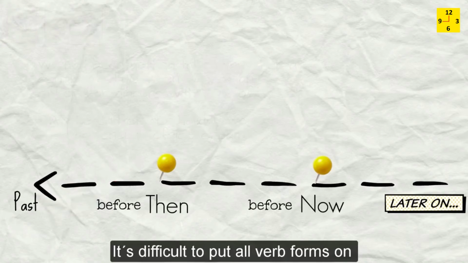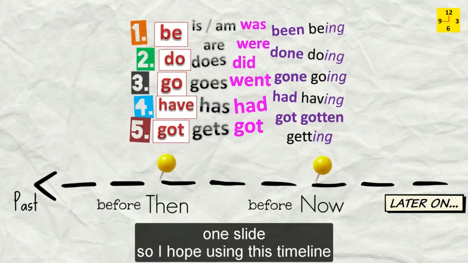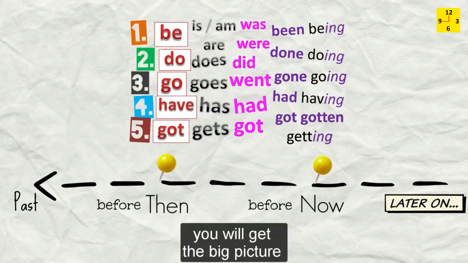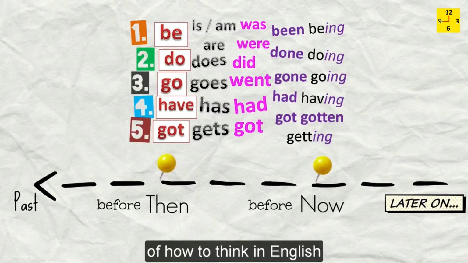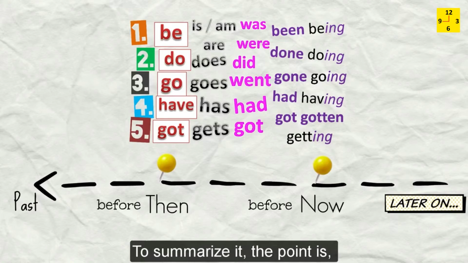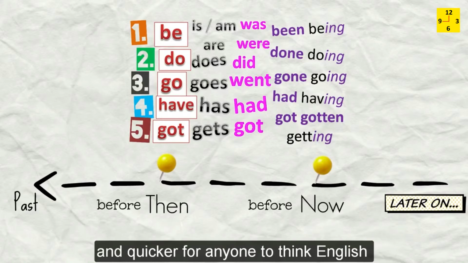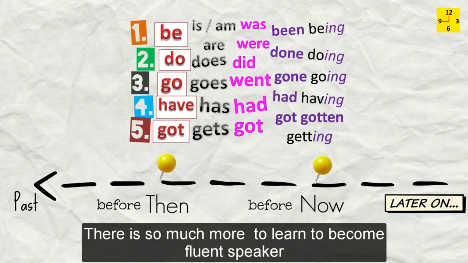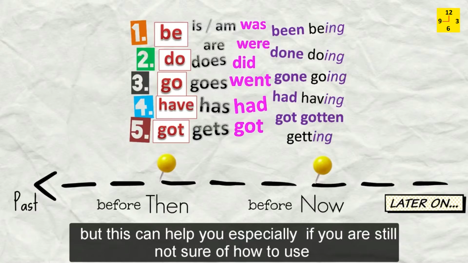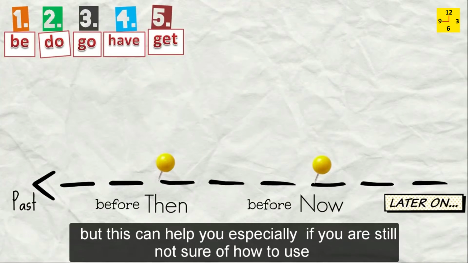It's difficult to put all verb forms on one slide, so I hope using this timeline you will get the big picture of how to think in English. To summarize it, the point is, if you can use these verb forms, it will be much easier and quicker for anyone to think English. There is so much more to learn to become a fluent speaker, but this can help you, especially if you're still